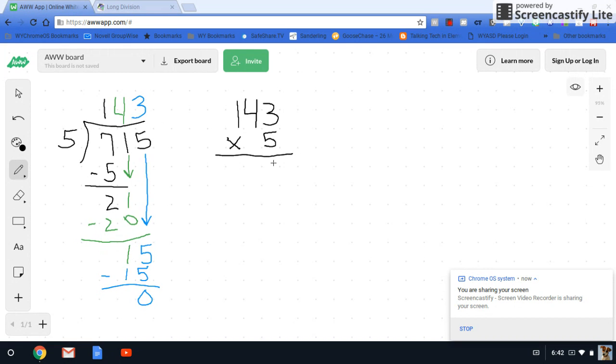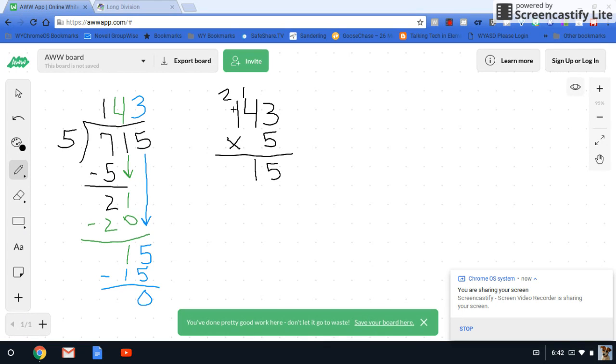5 times 3 is 15. I'm going to carry, whoops. 5 times 3 is 15. I need to carry my 1. Don't forget that. 5 times 4 is 20. 20 plus 1 is 21. Carry my 2. 5 times 1 is 5. Plus 2 is 7. And as you can see,